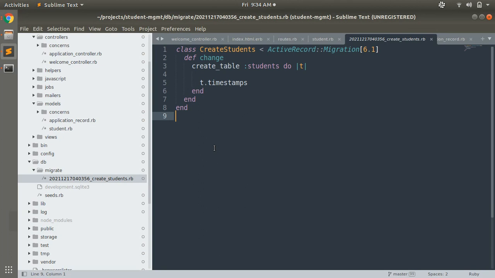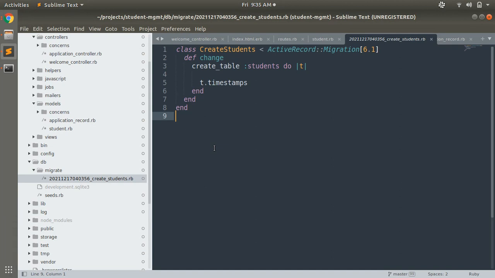Model is empty means we do not have any attribute in the model, but we need to provide some attributes. There are two possibilities. We can provide them through the command line, or we can write them directly in the migration before running it.